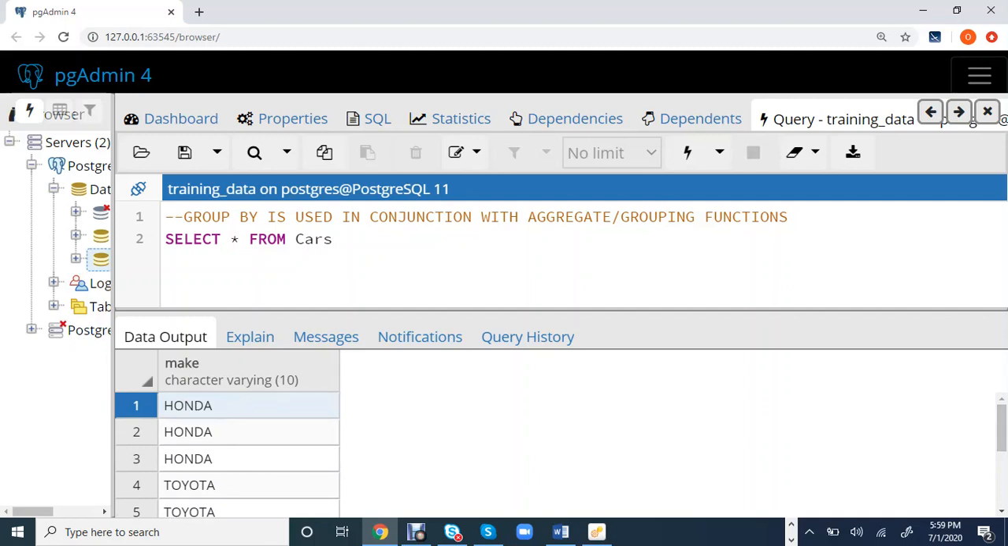The second one is under. The third one is under. Then the fourth one is Toyota. The fifth one is Toyota. And the sixth one is Nissan. These are different